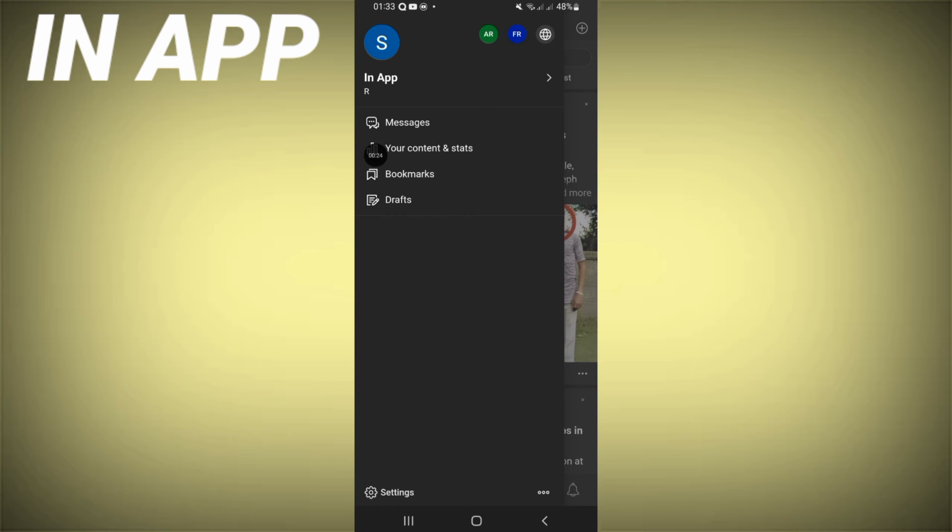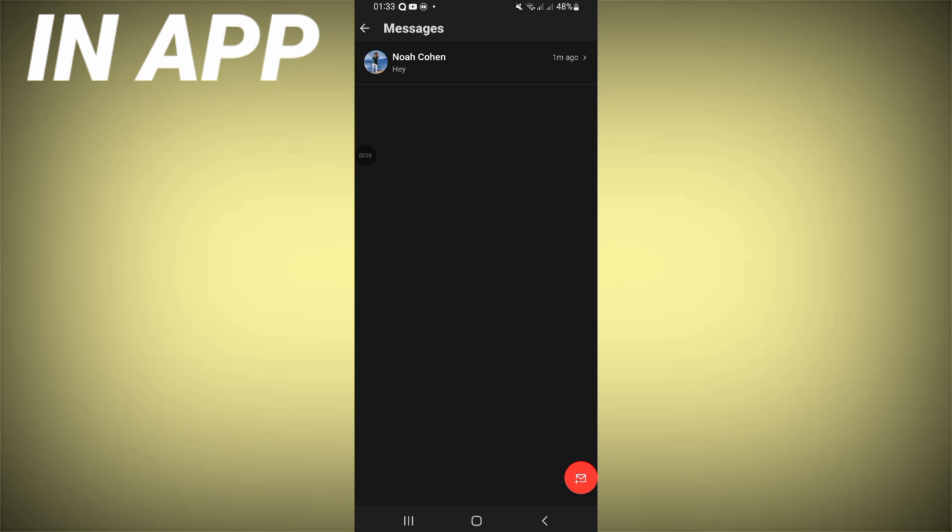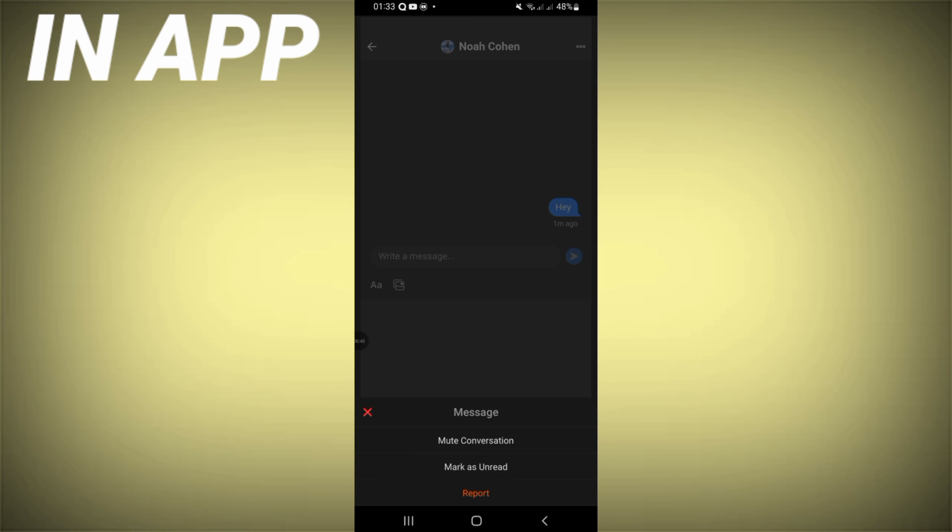and click on messages. Here, as you can see, this is my messages. I tag with one. So what I have to do, I will click here, or for example, if this conversation is deleted,